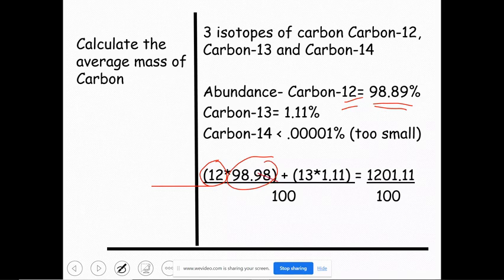I noticed that I just messed that up. It should be 98.89. That's the percent. Multiply those two together and add to it my carbon 13, the mass of 13 AMUs, times the 1.11% down here. If I add those two values together, I get